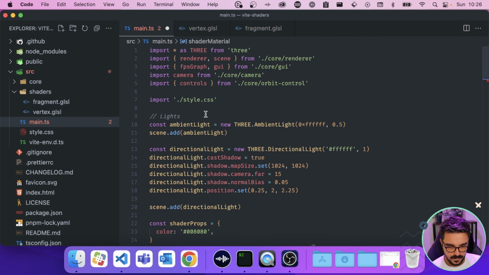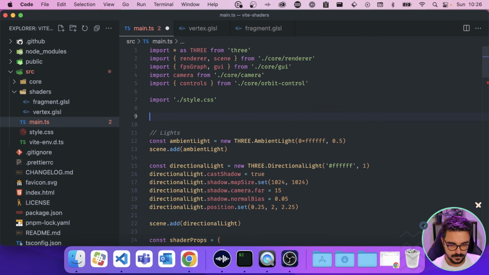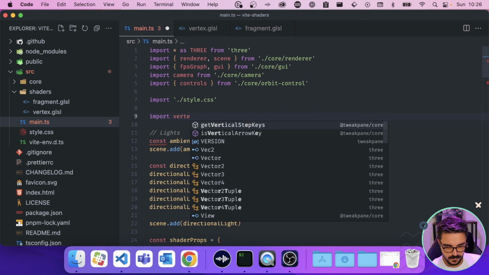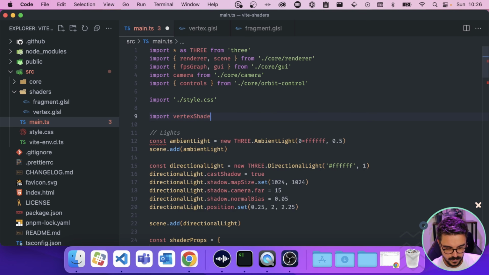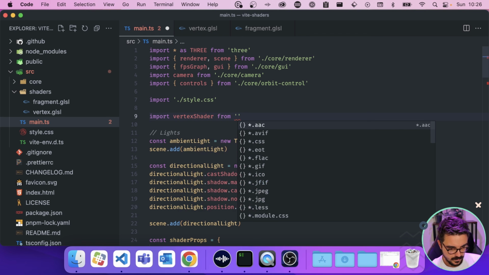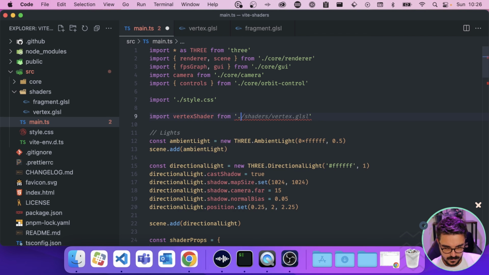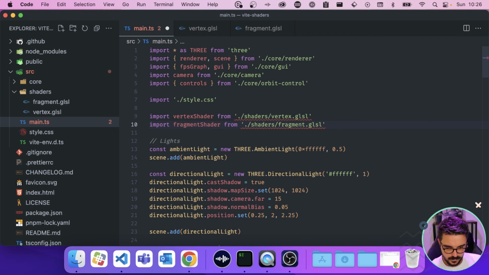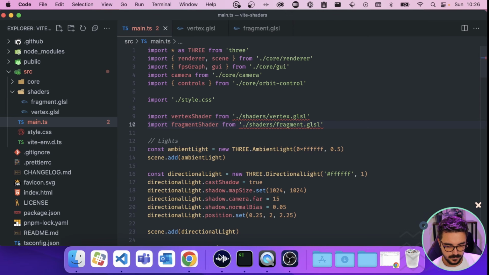Okay, and let's import it from the folder of shaders, the vertex shader, and the fragment from here. Okay, let's save and see what happens.